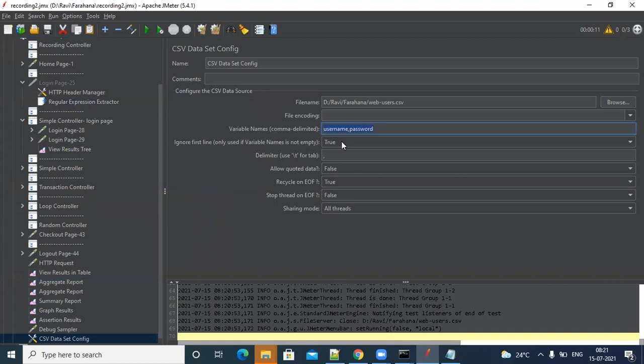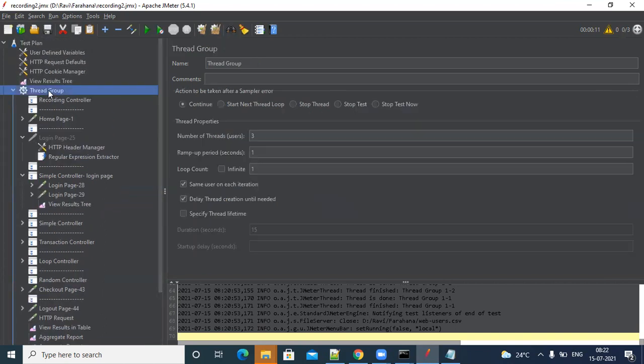Yeah. That's the basic one. But in real time, there could be chances that you have more rows in a CSV and fewer users here, or you give more users and have fewer rows in the CSV. So in that case, what will happen? If there are 100 rows, I can't necessarily run with 100.